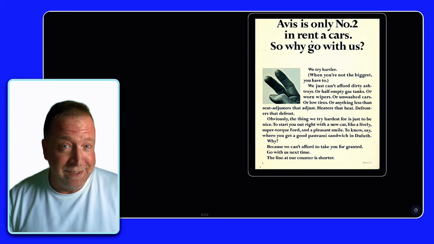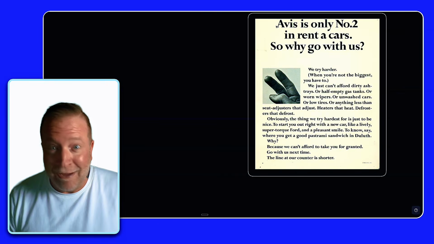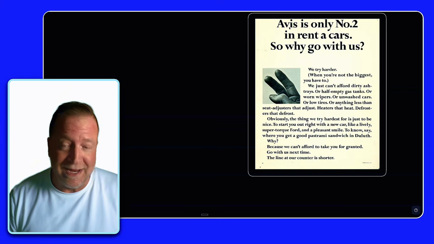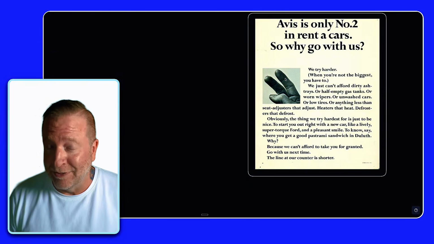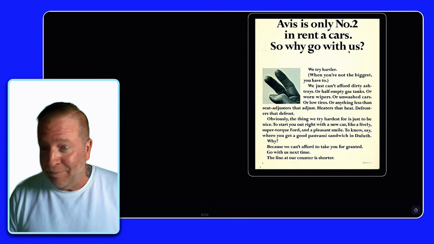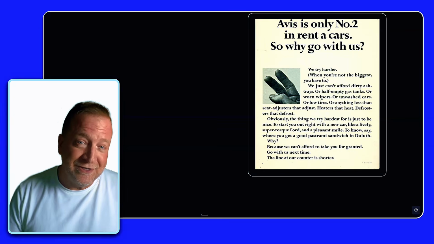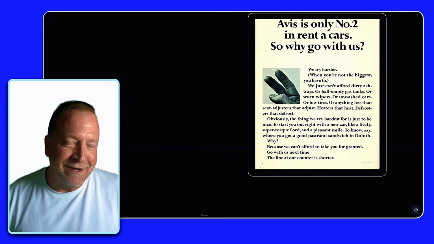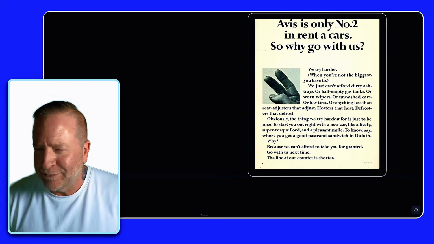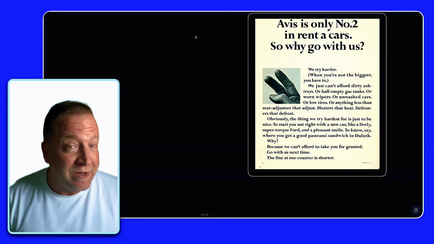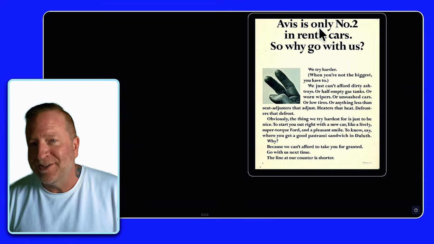They were founded in 1946, and for 16 years, they lost money. And then they ran this ad and other ads like it. Now, this ad uses a psychological principle. I'll tell you about it in a minute. But this little campaign and that psychological principle took Avis from losing money to finally making money. Their market share went from 29% to more, I think 36%. And more importantly, they went from 25 million in revenue to 75 million in revenue, all from this type of